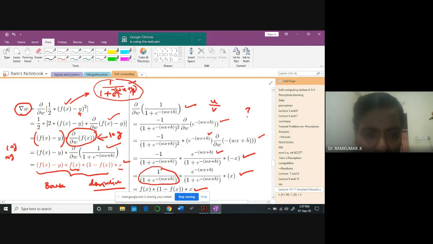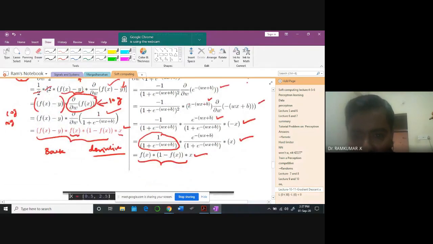So naturally, I'm going to update these two only. The square term is going to come down first. I'm going to differentiate this once, and these two get cancelled. I'm going to have only this term, and then I'm going to do the partial derivative ∂/∂w of f(x) minus y. Within that, y is not going to play any role because y is not a function of w. So this is nothing but 1/(1 + e^(−wx)). I'm computing that here, using the u by v formula. If I compute that, I'll get these terms.